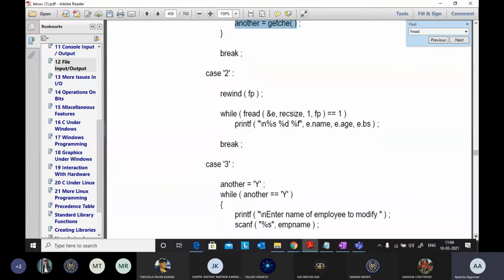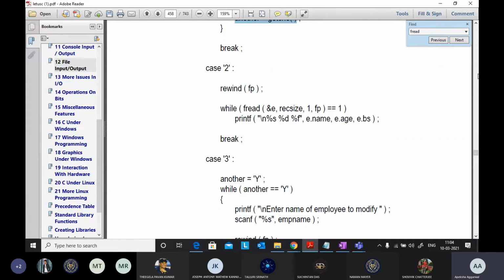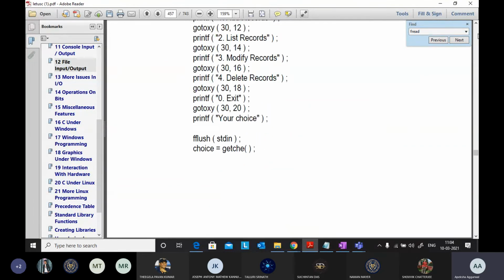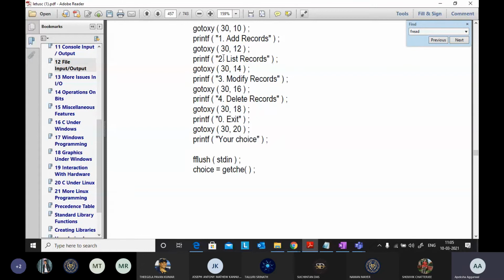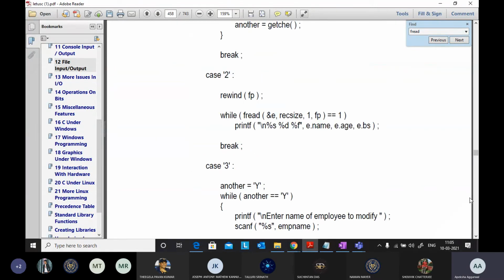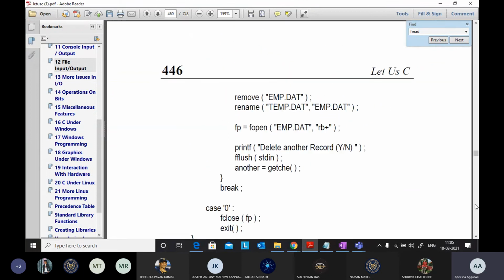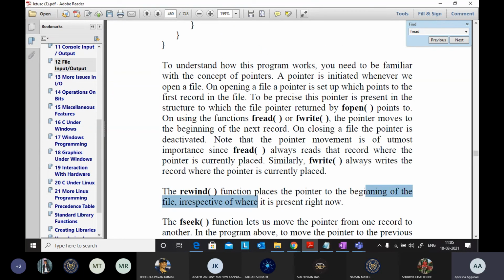Similarly case 2. Case 2 is list records. You want to print all the records in your file. For that, rewind is used. Let's have a look at what rewind does. It places the pointer at the beginning of the file, irrespective of where it is right now. If it is in the middle of something, it will move to the start of the file.